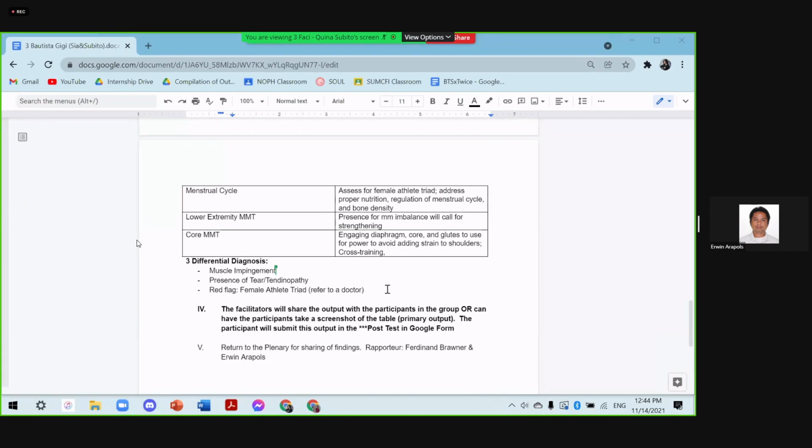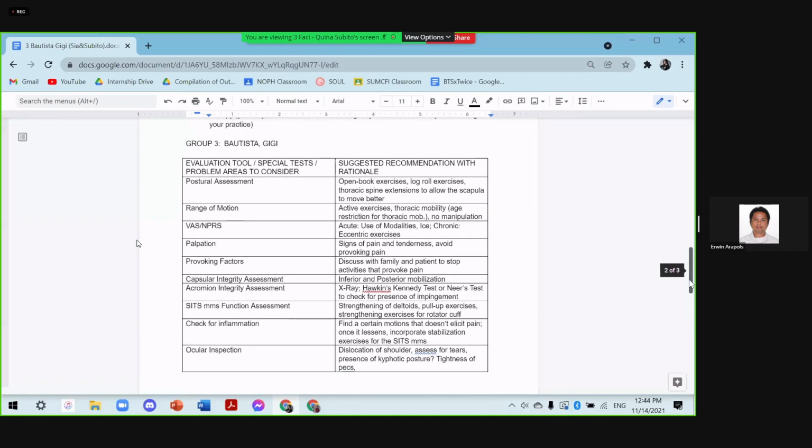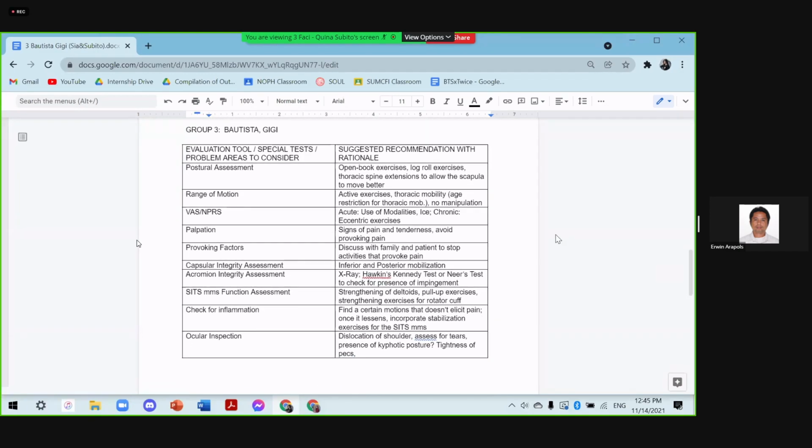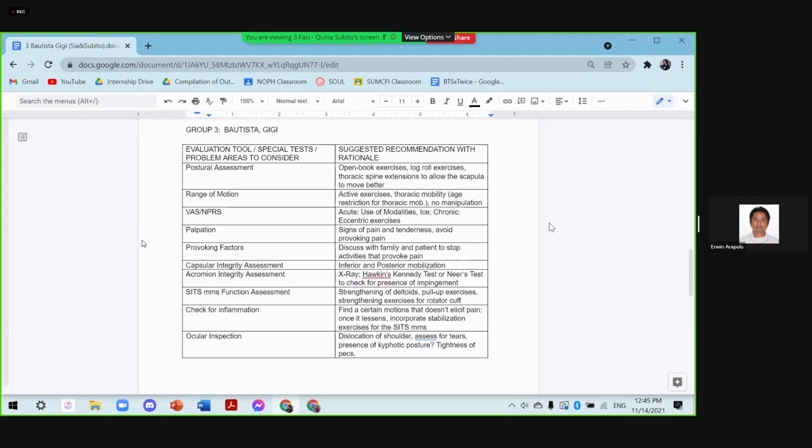And for the assessment part, of course, we do check on the history. We will ask for the patient's work rate, the type, and the frequency of the activity. Basically, we're trying to check if this patient is an athlete or a weekend warrior. And for the evaluation,